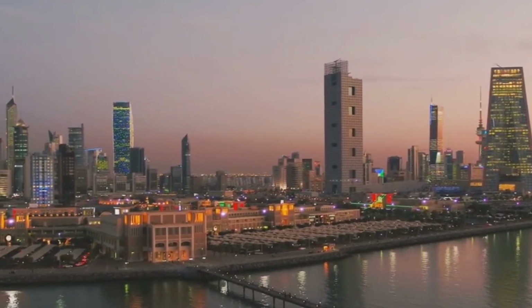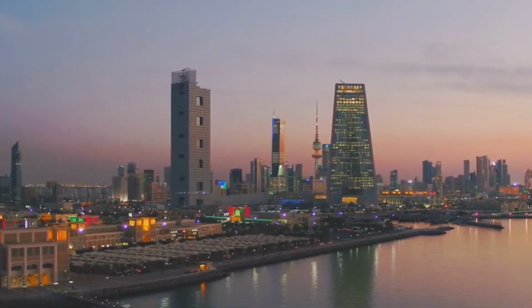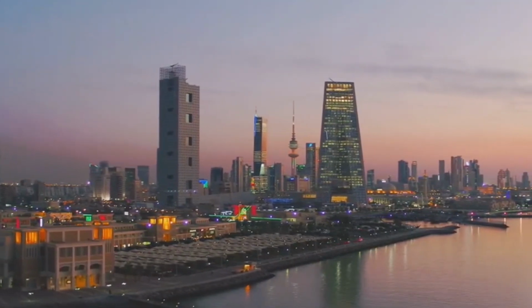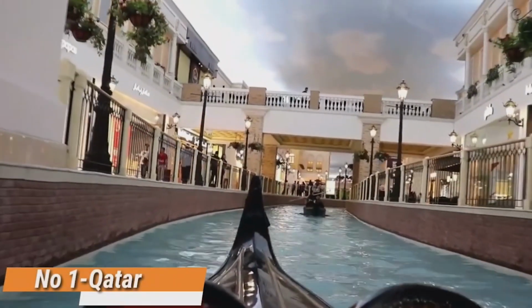Furthermore, Kuwait is quite popular for being one of the richest Arab countries in the world. This has contributed hugely to its fortune, especially with its roaring economy and oil reserves. Recently, it is said to have a GDP of about $45,000. Therefore, it has made it the 2nd richest Arab country in the world. And now the number 1 richest Arab country in the world